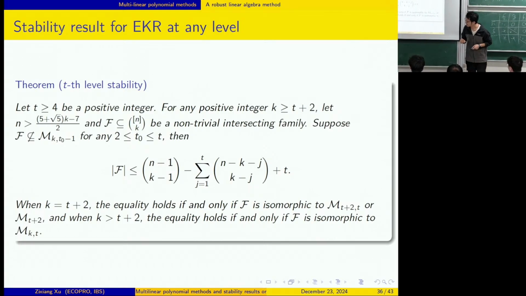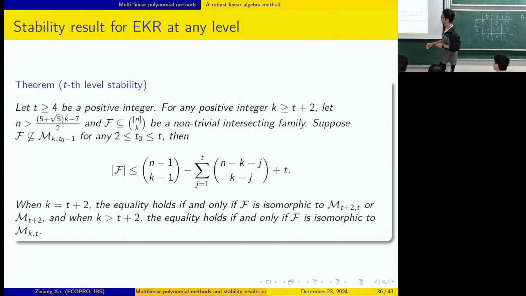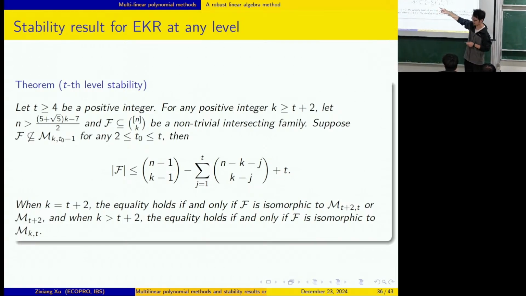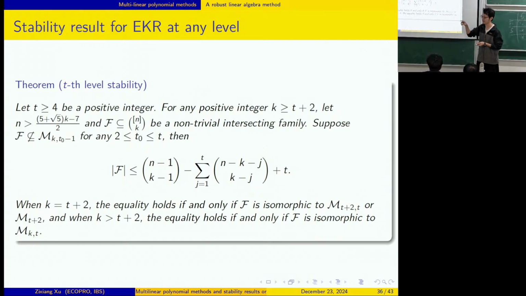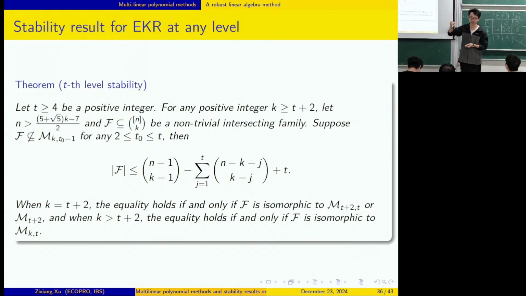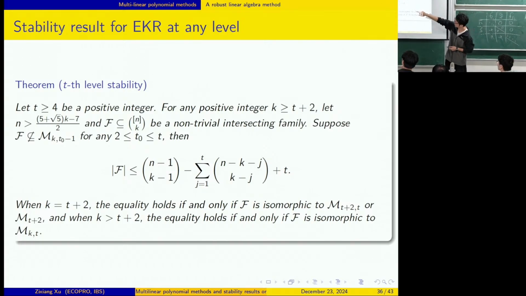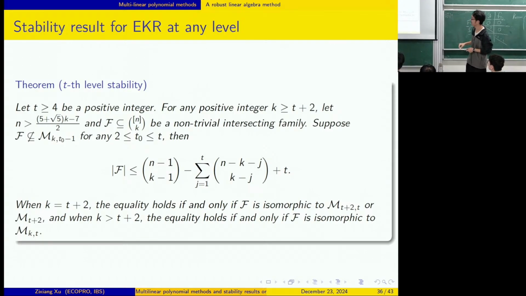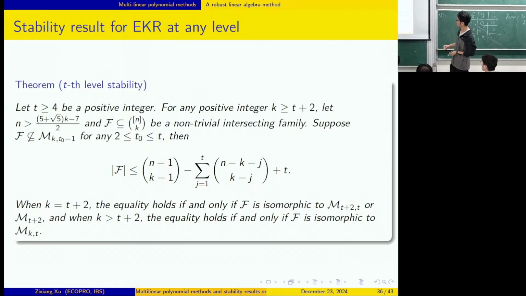Another natural assumption is that n is larger than 2k plus 1. Here it is roughly n larger than 3.6k. Okay. So we prove that if the set system is not contained in the extremal configurations at any t0 level of the stability result, with t0 smaller than t, then the